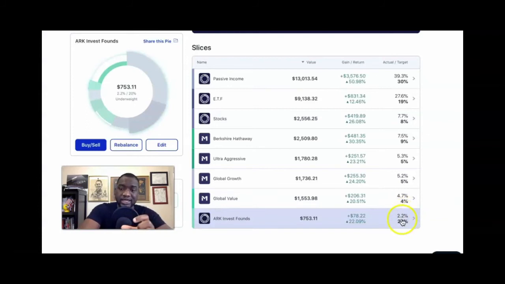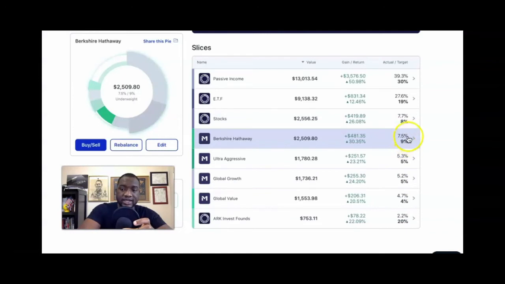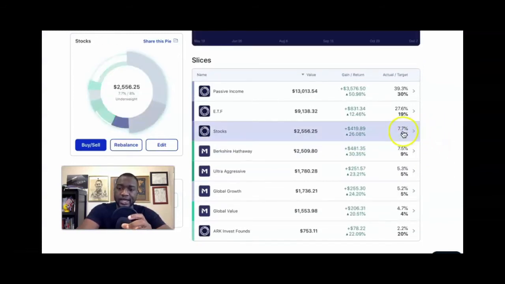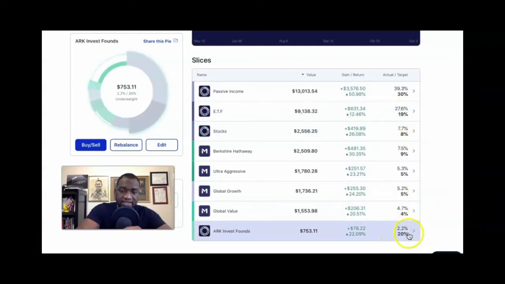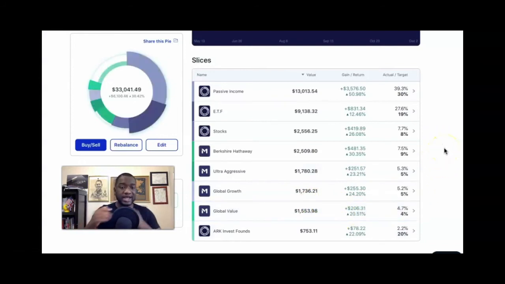Once this gets to 20%, then it looks around the portfolio and sees, okay, this section right here is still underweight, so we'll start putting new money into it as well, right? And then maybe after, we'll put money into this, and into this, once this one has been fulfilled, once this gets to like 20%. So that's one of the reasons why I don't rebalance my portfolio, because rebalancing basically means that you sell out of the ones that have gone up a lot and take that money and put it into the ones that are underweighted.